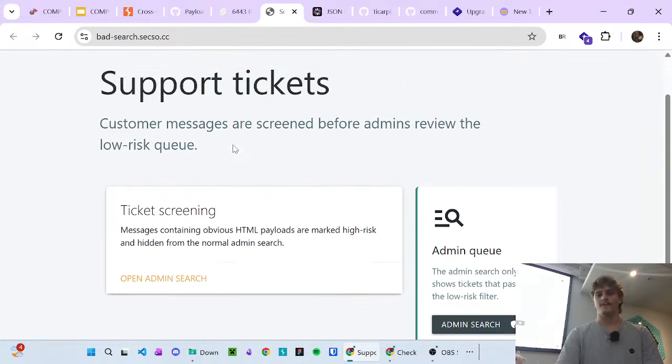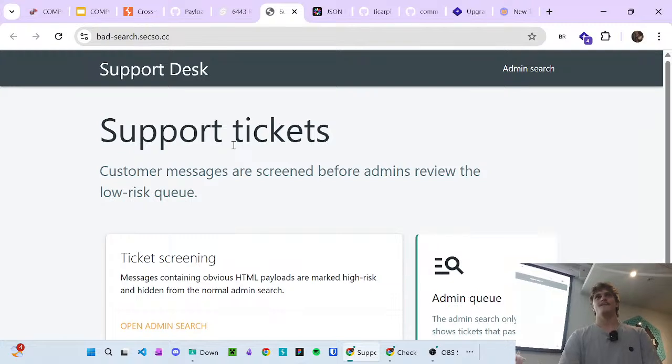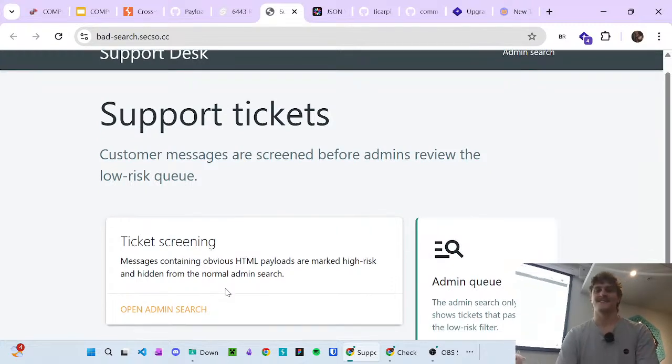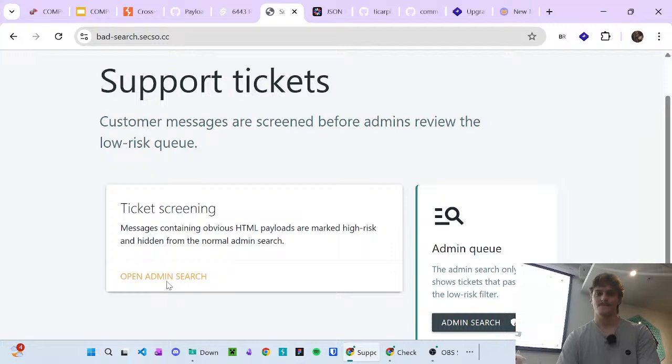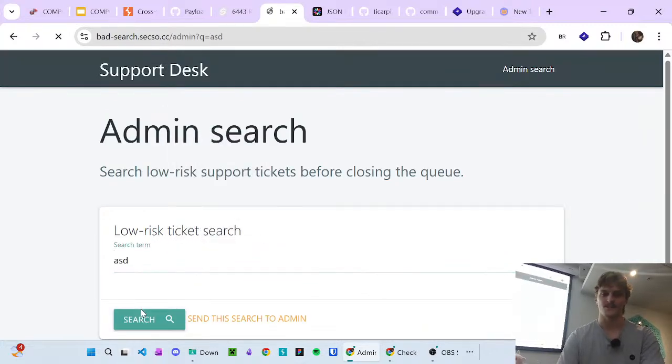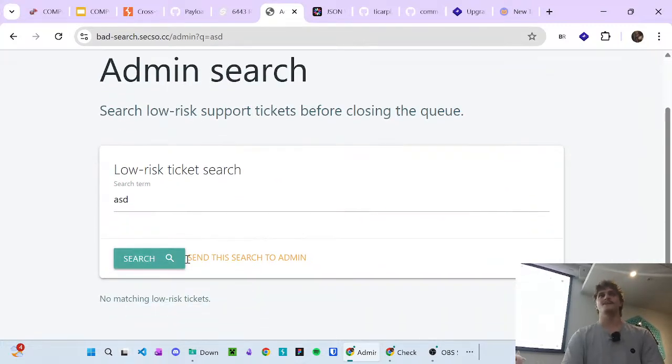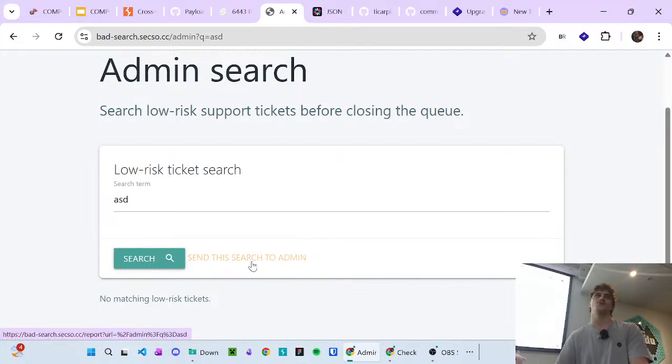The reason we might see this and go, oh, I want to use XSS on this website, or actually, can anyone tell me why they think this might be an XSS challenge right off the bat? Yeah, exactly. That's exactly right. So when there's some stuff that says, let's go to admin search. Okay, I mean, maybe I have to actually search for something first. Yeah. But if I do a search here, it tells me I can send this search to an admin,